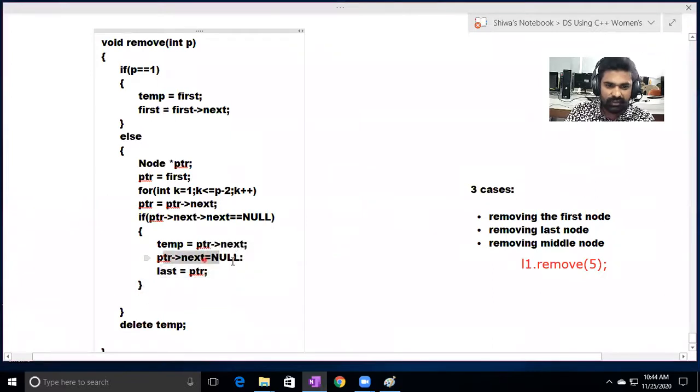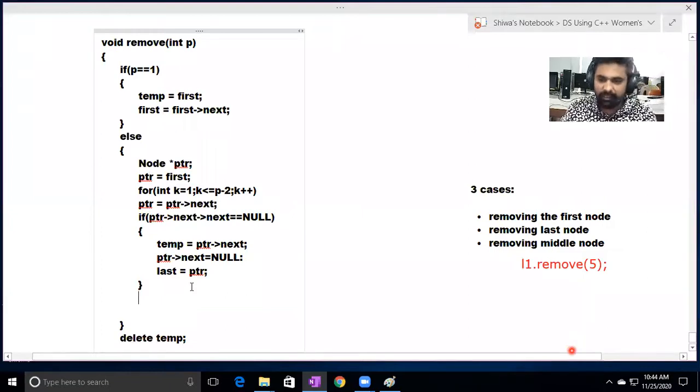So the position 4 node is becoming the last node now. Hence, we can remove the last node. This is the code to remove the last node.